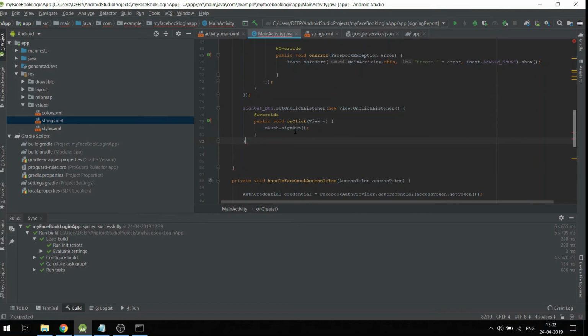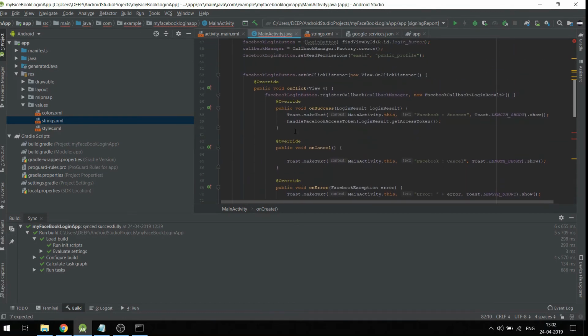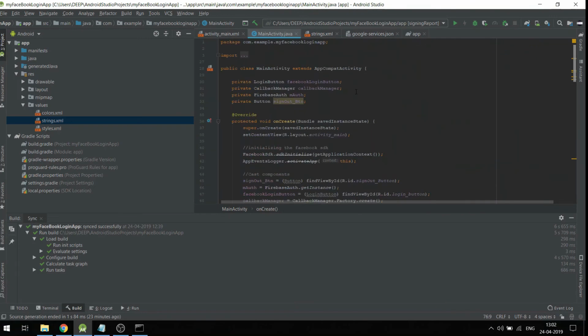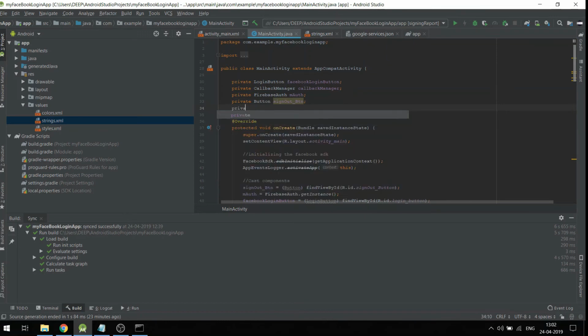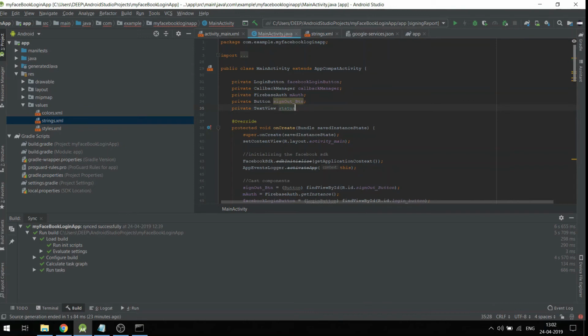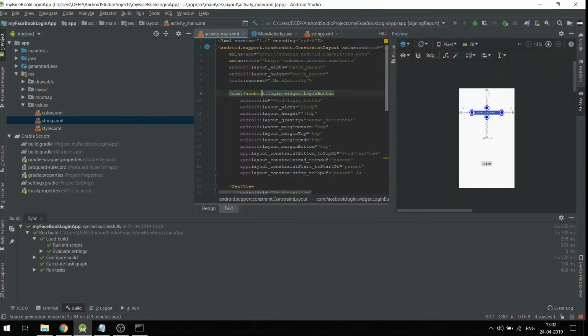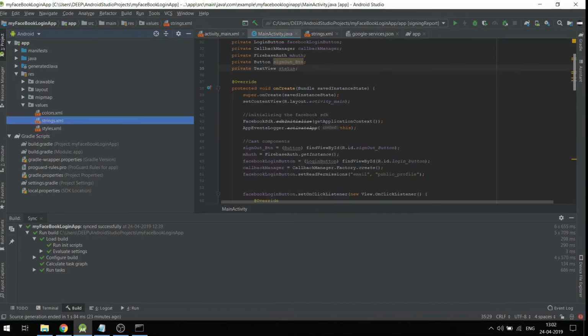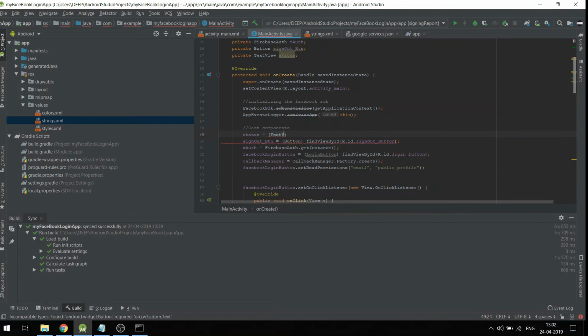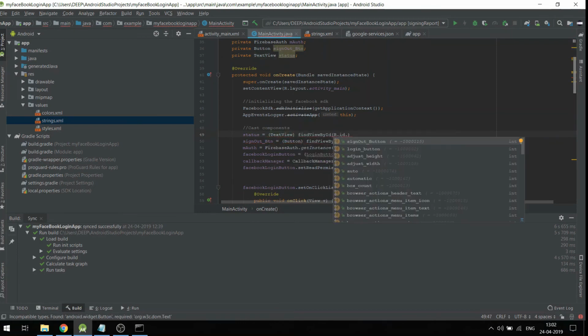And we don't need this, or we need this. Okay, what is wrong with this? Okay, we're done with this. Now on the on click, this should sign out and everything. So the text view. So private text view status. Now, did we mention an ID for this? Yes, it is text view. So cast components in the status will say text view find view by id r.id dot text view,